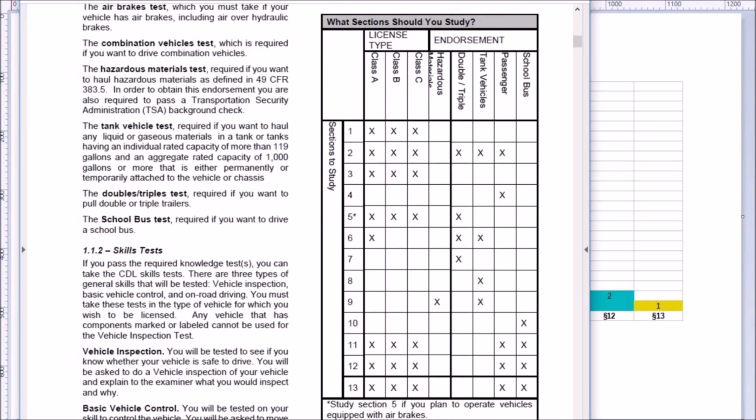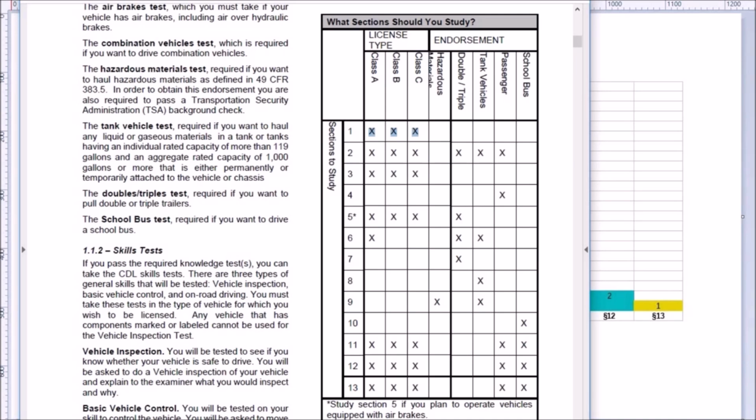And actually there is, because if you look here, it says Class A also includes, for the general knowledge, Section 6, whereas Class B and C doesn't. So for your written part,